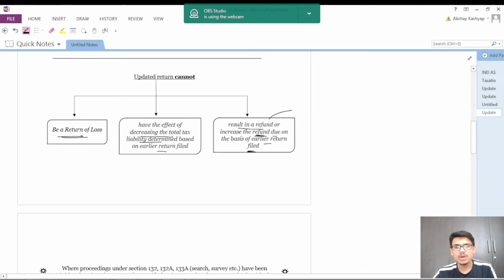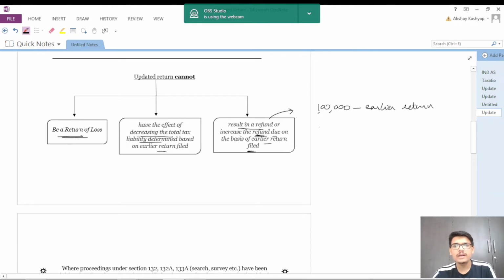There is an issue coming up from here, wherein suppose you had a refund of rupees 1 lakh based on your earlier return. In the earlier return that you have filed, you had a refund of, say,